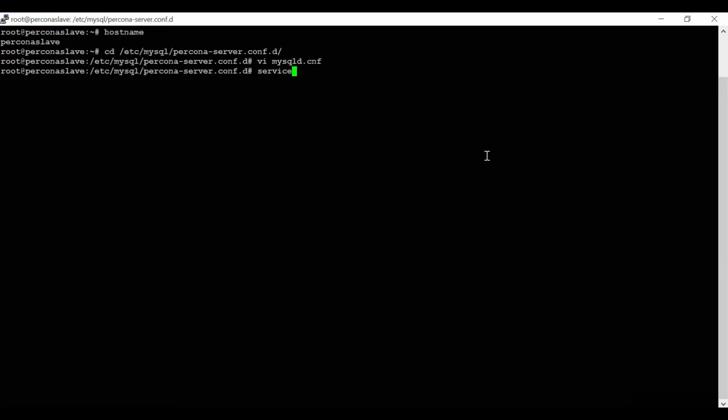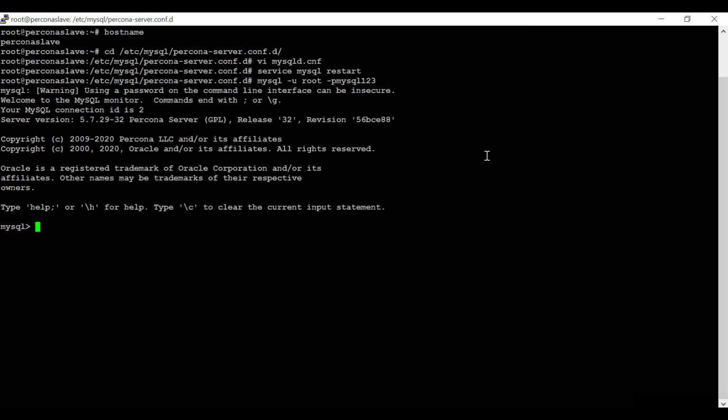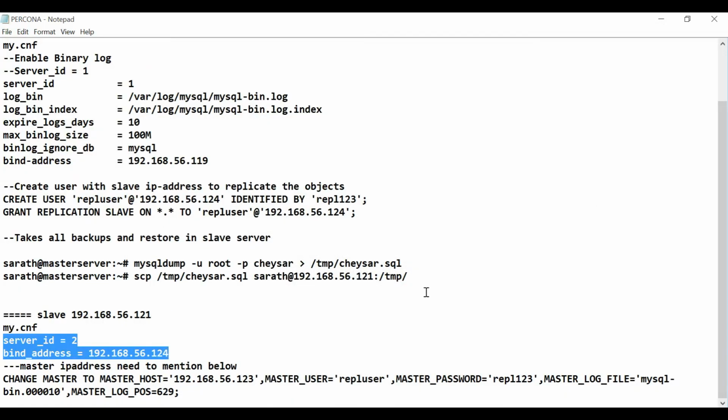Restart the server. This slave server, the black screen, I mentioned for that. Fine. Now this is done.